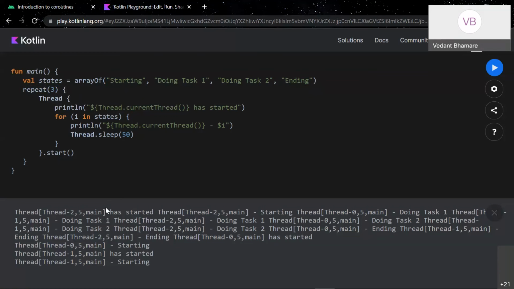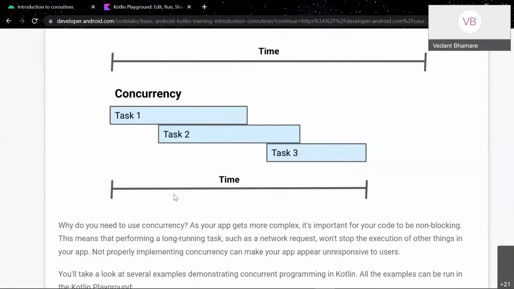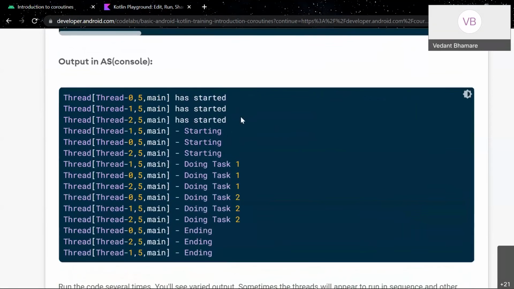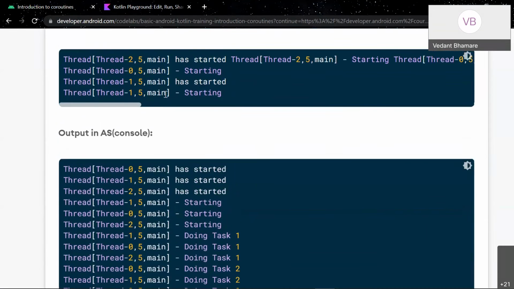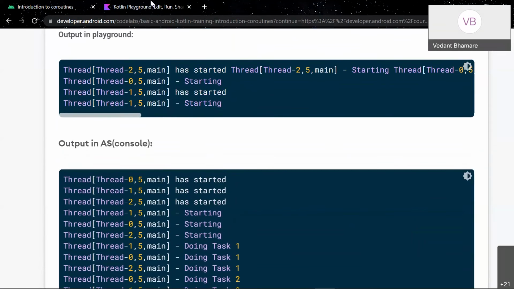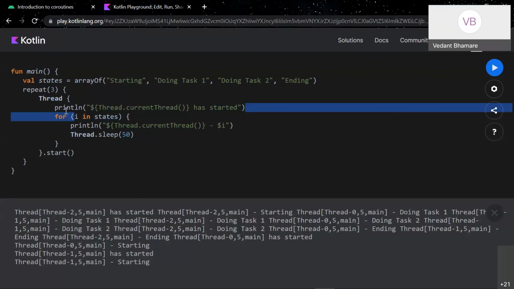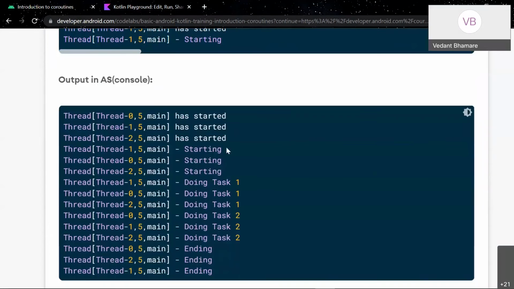So again, as you can see, the thread has started. 0, 1, and 2, so 3 threads have started because we have repeated it 3 times. The first thread is doing the starting up, then the second thread is also doing it, and then the third one is also doing it.